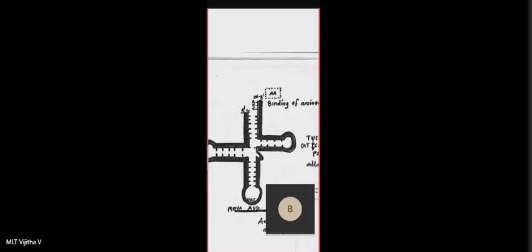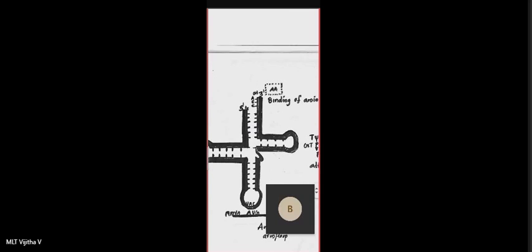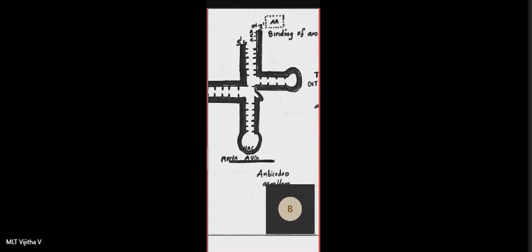On the 3rd carbon, the ACC, which is always at the end, is the last codon present on the 3 prime. As the 3rd carbon OH is free here, that is the functional group. That means this is the place where the amino acid is going to come and bind, and then it is going to be transferred. So this particular position is known as the amino acid binding site. Opposite to it, the lowermost arm or loop is known as the anticodon arm or loop. The reason it is known as the anticodon arm is because it has an anticodon.